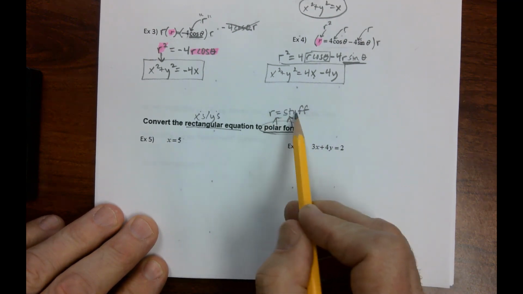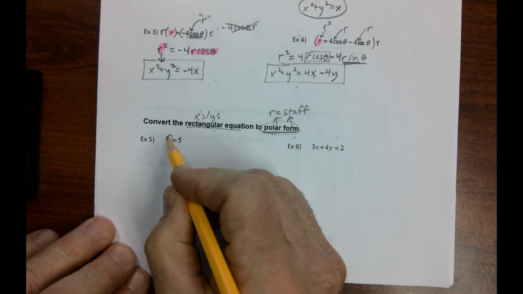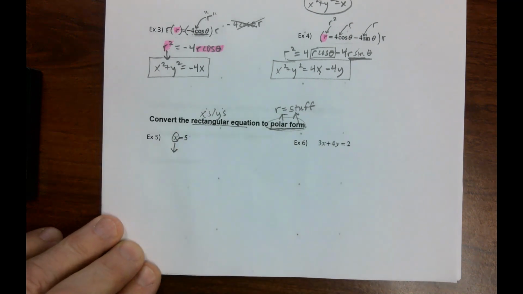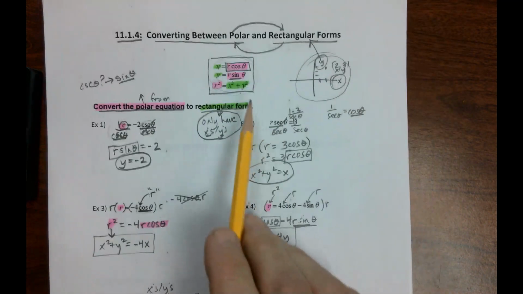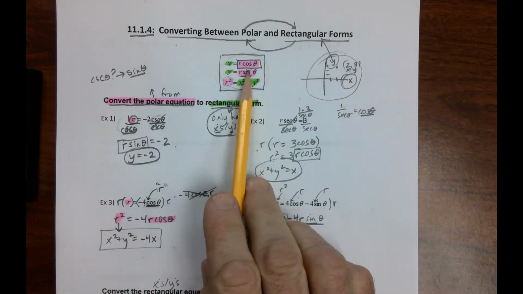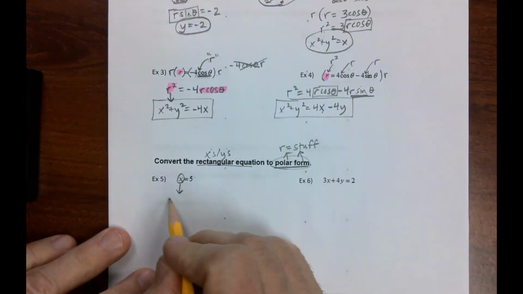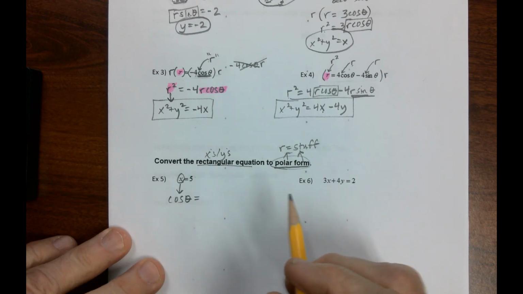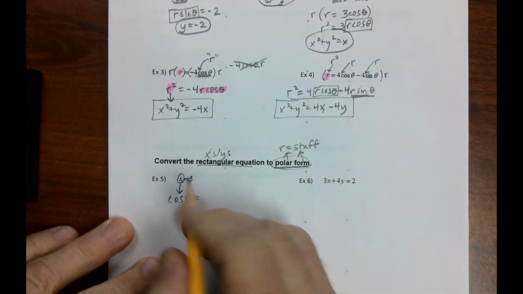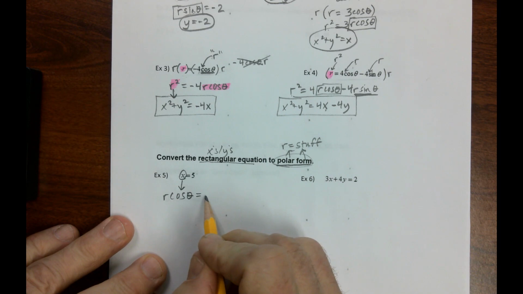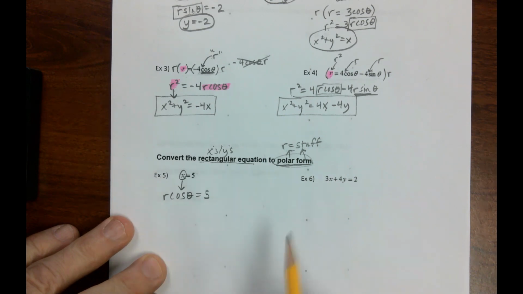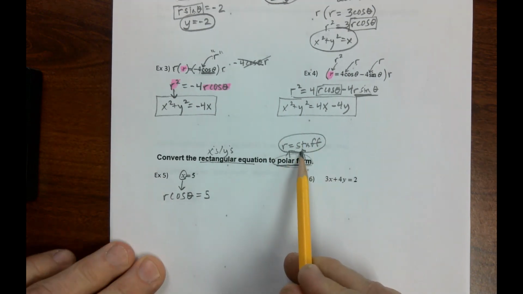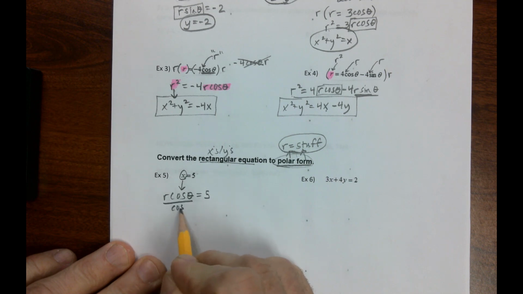got r equals stuff. Well, we take that x and we don't want it. What does it equal? Well, it equals r cosine theta. So we're going to replace it with what it equals. R cosine theta equals 5. Now, we're not done until we solve for r. So we're going to divide by cosine,